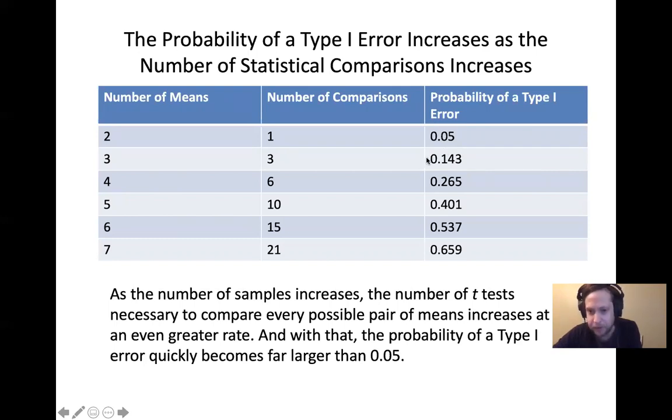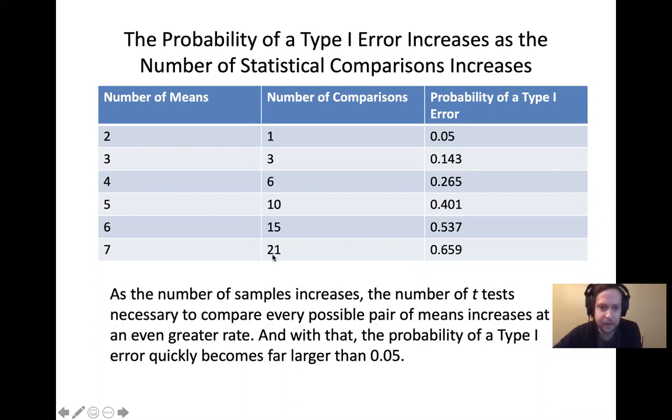It estimates, the book does, 14%, 14.3%. I don't know how the book comes up with these exact numbers. But instead of alpha being 5% like you want, if you do a bunch of t-tests, a bunch of multiple comparisons, your alpha level is inflated. The likelihood of a false positive is about 14%. If you do 4 means, that requires 6 t-tests. If you're going to cheat and do a bunch of t-tests, which inflates your false positive rate to around